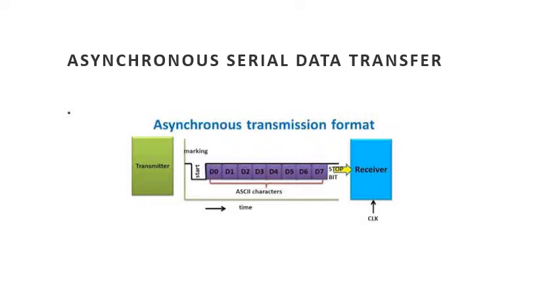At the receiver end, the output of the transmitter is the input to the receiver. The receiver is always on the lookout for a high signal transition into low signal. Once it detects a high signal that transits into low, it considers the low bit to be the start bit and only then starts accepting data. Once all data is transferred, the receiver waits for the stop bit to restart looking for the next start bit.